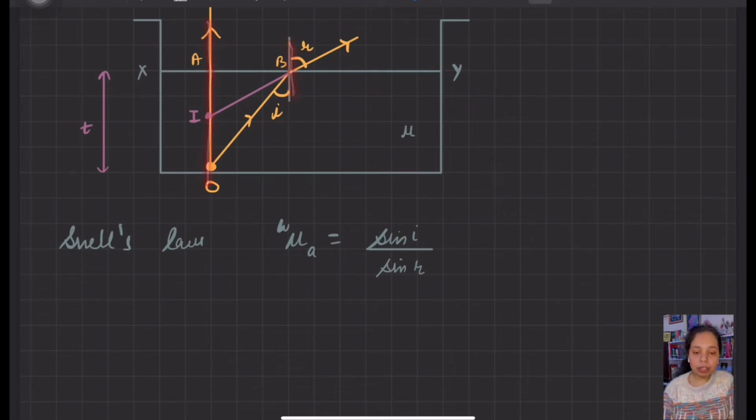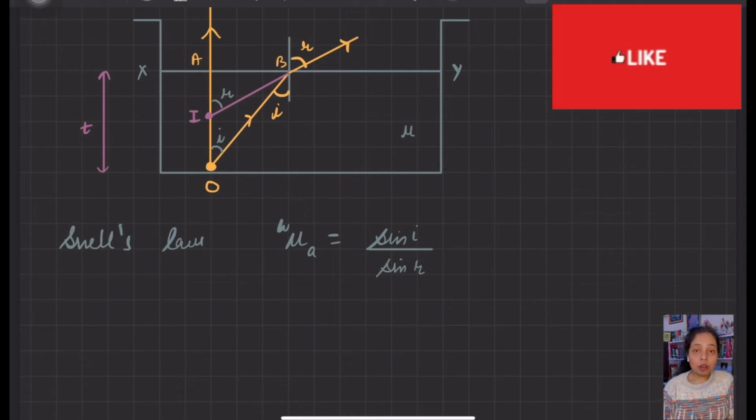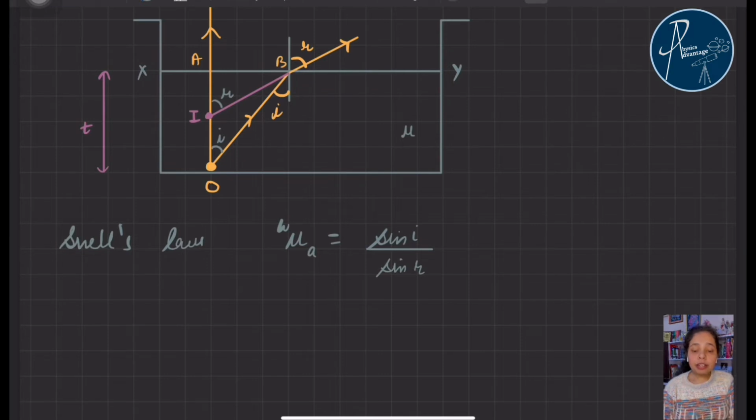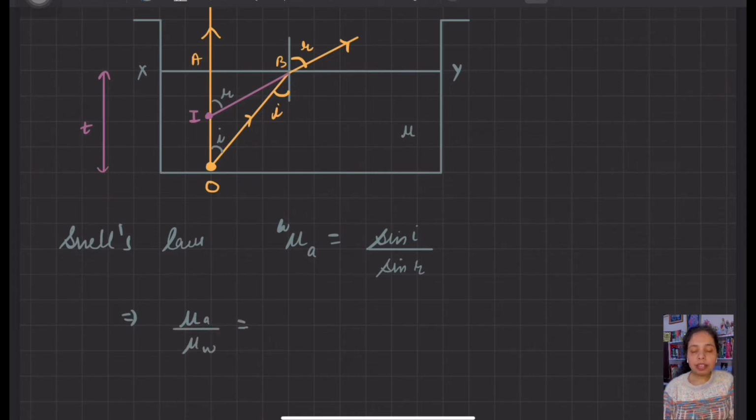So consider these two parallel lines, and this is a transversal. If this is angle I, then this is also angle I. So let us mark it as I. Similarly, in order to find angle R, once again we will consider these two parallel lines and this as a transversal. If this is angle R, then again as per mathematical rules, this is angle R. Therefore let us mark it as angle R. Now we will be determining the values of sine I and sine R, but before doing that, let us say mu water to air can be written as mu A upon mu W is equal to sine I upon sine R.